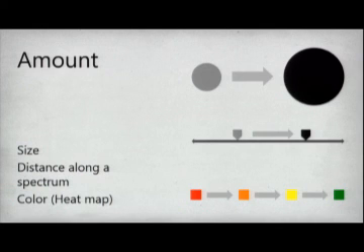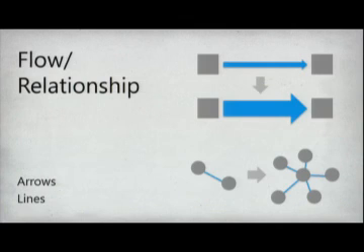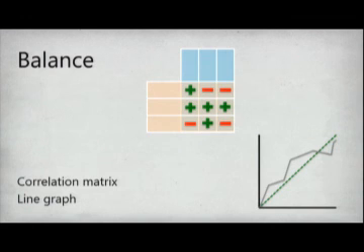A few things that we can use: we can make things bigger to show that they're growing. We can move items along a spectrum to show that something has changed from being small to being large. We can use heat maps and color. We can use flowcharts to show the interconnection between different actors within the system, and we can create concept maps that show how concepts are related to each other, how categories are related to each other. And then we can combine these things together to show the balance of them, to make sure that we are not using up our finite resources at a rate that is unsustainable.